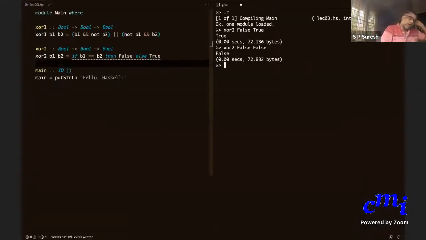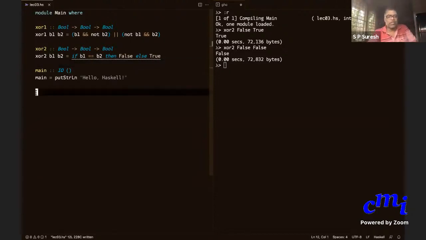If you have done other programming, then you will note that if then else is usually used like this. Let me put some comments here.